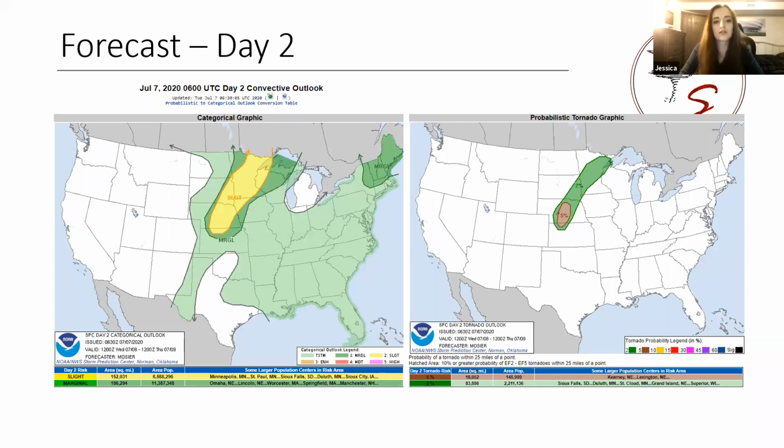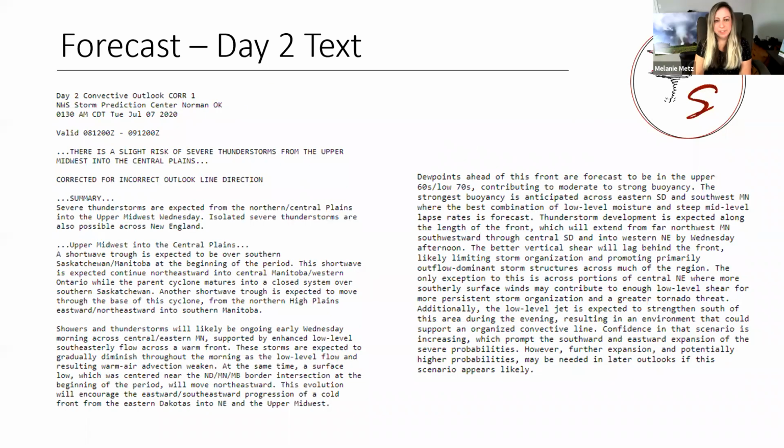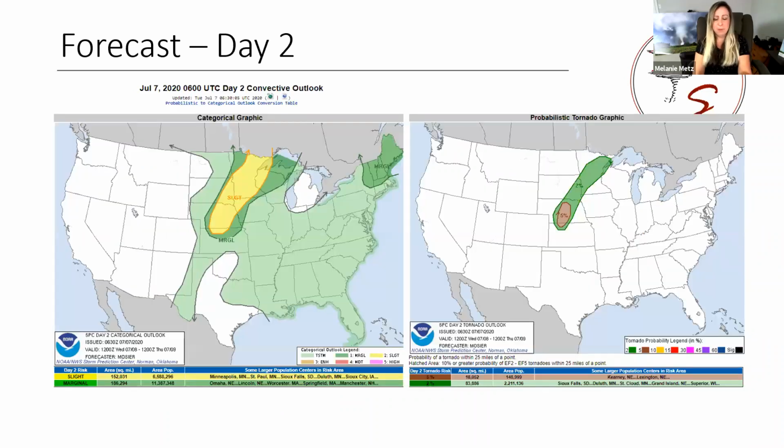But I just wanted to quickly show the 6Z day 2 outlook, initially with that 5% over central Nebraska and Minnesota. It's really interesting to point out how early, the day before, it looked like the better place to be for tornadoes would be in south central Nebraska, not even in Minnesota, at least according to the Storm Prediction Center outlook.